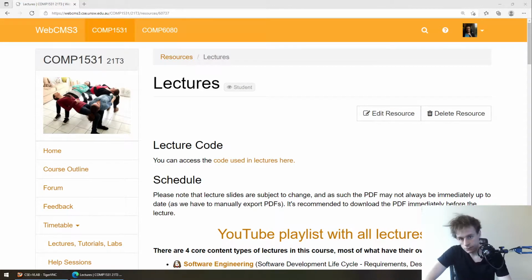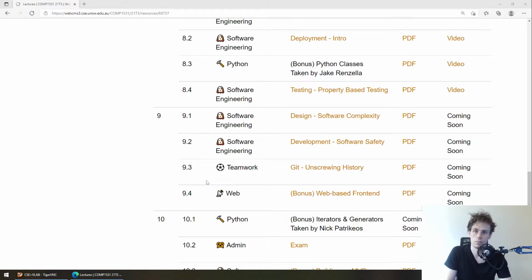Namely, it's getting into loose-ended topics at the moment. So today we're going to talk about software complexity and software safety, and then tomorrow we're going to talk about Git and a bit of a bonus lecture. Tomorrow is not very theoretical. It's pretty much, let's talk about Git for 20 minutes and then let's spend some time doing a bonus lecture about